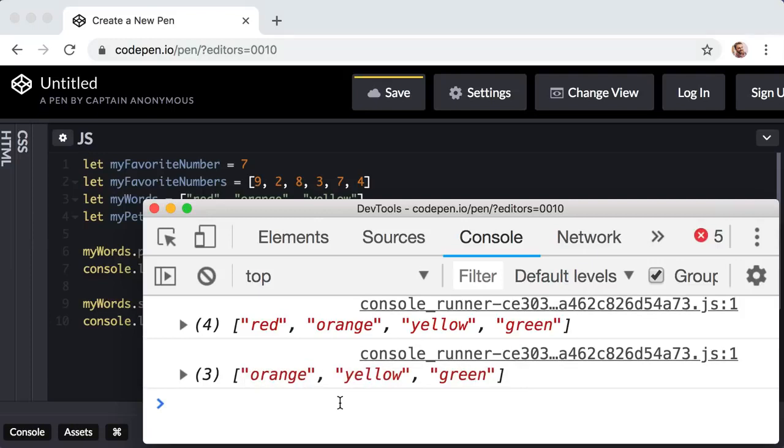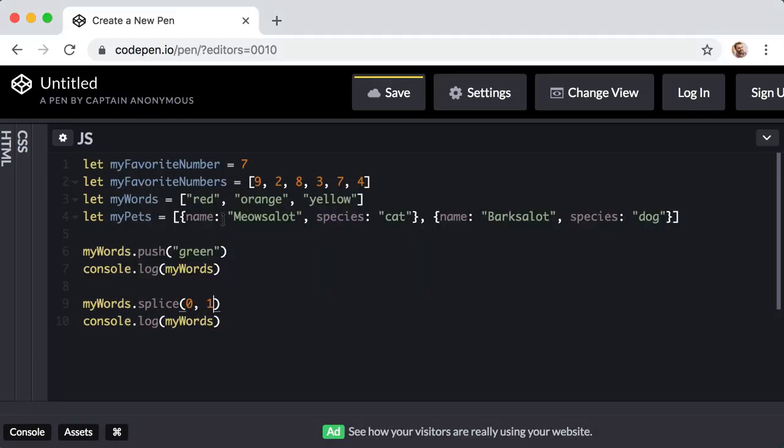Perfect. And this concept of the numerical index is also how we can access the value of a particular item in an array. So for example, let's take our myFavoriteNumbers array, and let's imagine that we wanted to access the value of the third item in the collection. So we know that it's a value of 8, but if we wanted to access it programmatically,